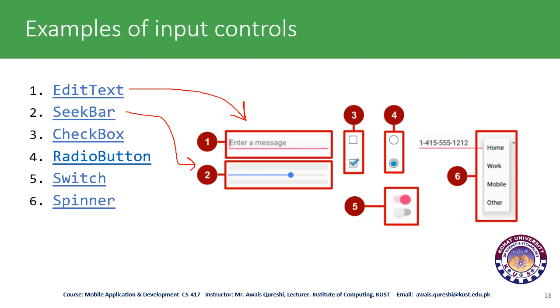This is called a seek control, and this control is called the checkbox. You have already seen it, and this is a very old way of selecting multiple choices together. So we can use this checkbox control to include multiple choice in our application. And this is another control which is called a radio button control. A radio button control is a control with the help of which we can select only one value. With the help of checkbox we can select multiple values, but with radio buttons there are multiple choices, but the criteria is to select only one value.